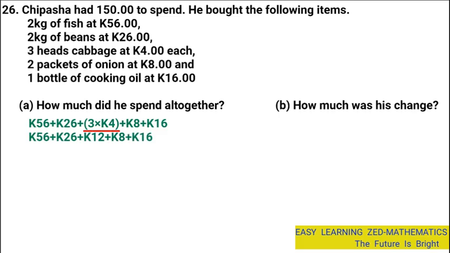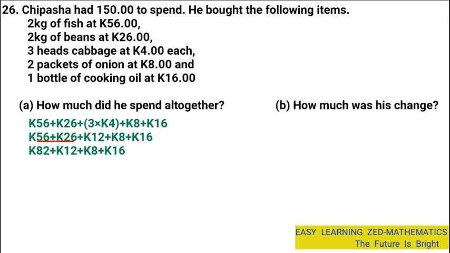So 56 plus 26 will give me 82 kwacha. Okay, I've added 56 plus 26, which has given me 82. Then starting from 12, 8 and 16, 12 kwacha, 8 kwacha and 16 kwacha, I've copied them the way they are. Once I've done that, the next thing I'm going to do is add 82 kwacha